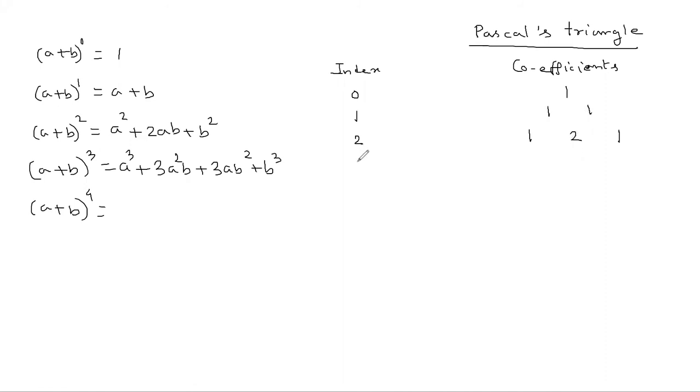Okay. Similarly, if I want to get the coefficients of (a + b)^3, without using the binomial theorem, we can write this, you see. And here every row starts with 1 and ends with 1. So here also we'll start with 1. That means for a^3, the coefficient is 1. So what is this position? If I want to make a triangle over here, to make a triangle, I require these 3 points. So you see, what is 1 plus 2?